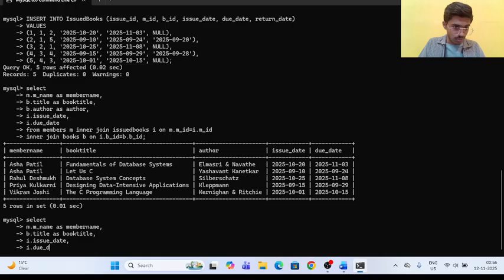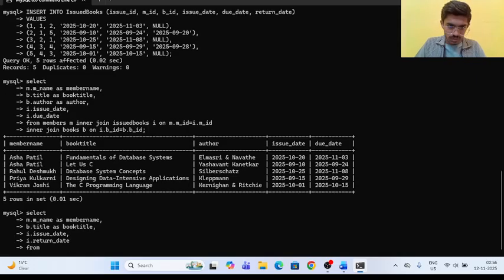Actually, due dates are also not required. We only have to take the return date, so the date on which they are to be returned or they have been returned. I dot issue date, I dot return date, p dot title. Yes, all else is correct. Okay, so yes. Now this is from